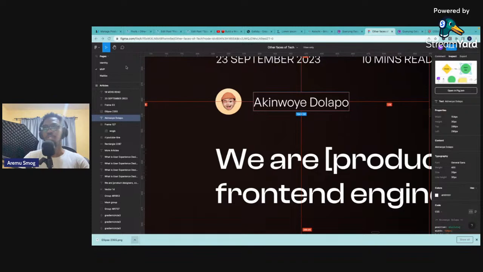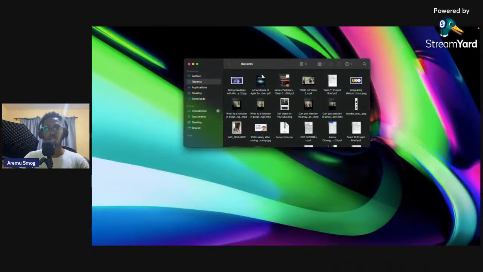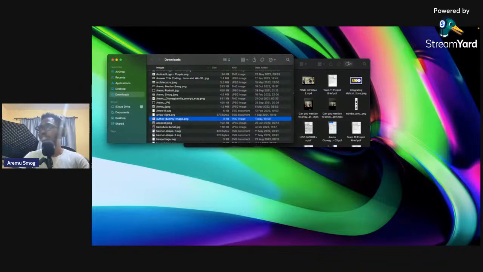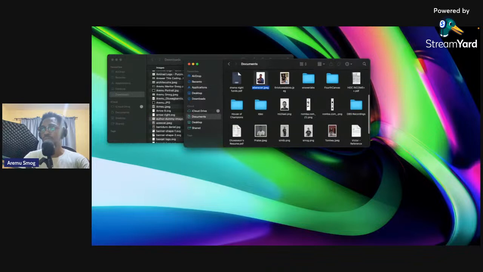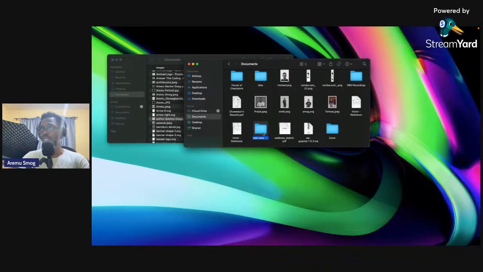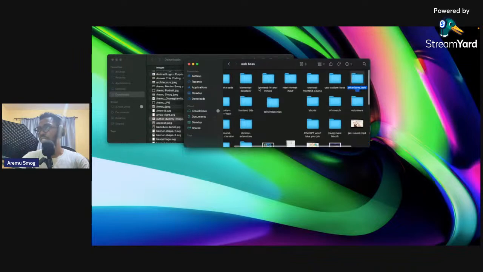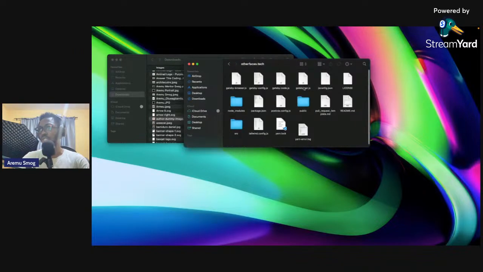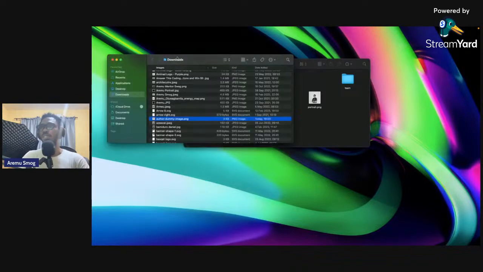I think let me just bring this across here so you can see what's happening. Documents, web boss, other pieces of tech. You need to go into the source file, go into the assets folder, images, and I'm just going to drop it here and say,